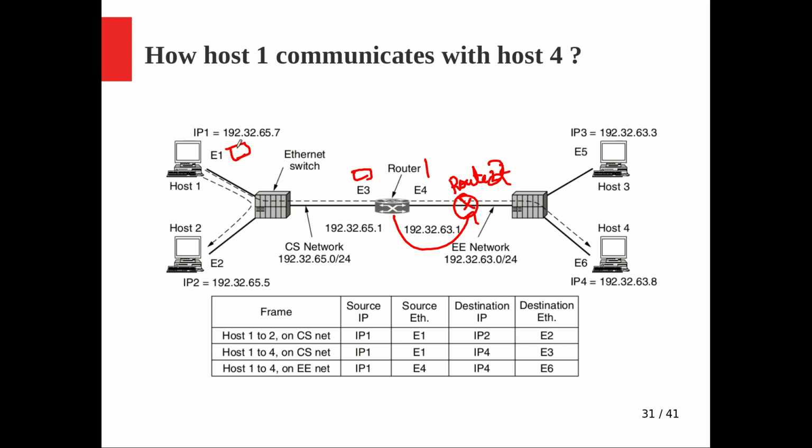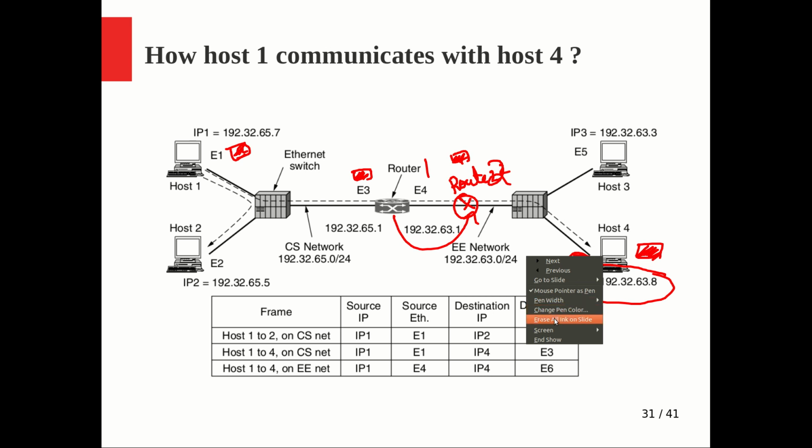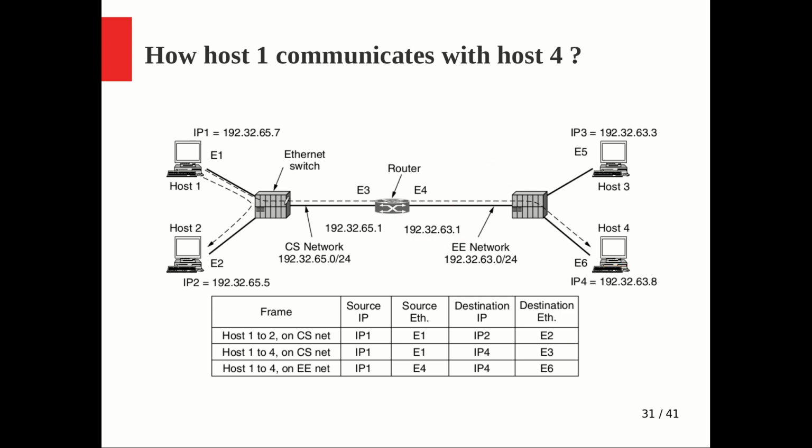So the packet reached from here to here, and now it is reaching from here to here. The packet reaches router 2. Now router 2 will hand over that packet to host 4. At that point also the same ARP procedure will be there. Again everybody will know the IP address only, so with the help of ARP it will resolve E6 and communicate back. So this is the scenario. If there is more than one router in between, the process will repeat as it is. But in the given example, there is only one router, so we have to go for one more level.